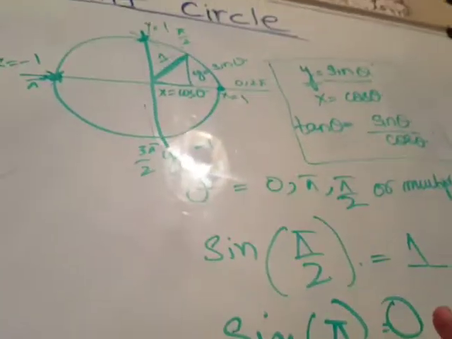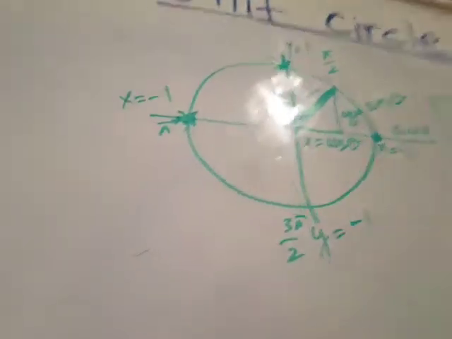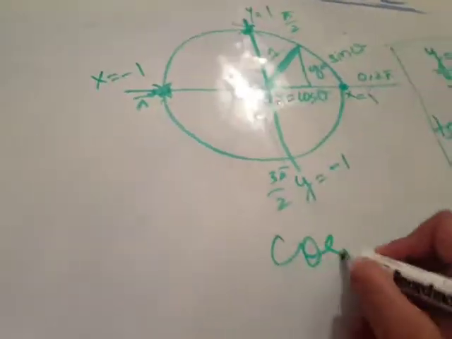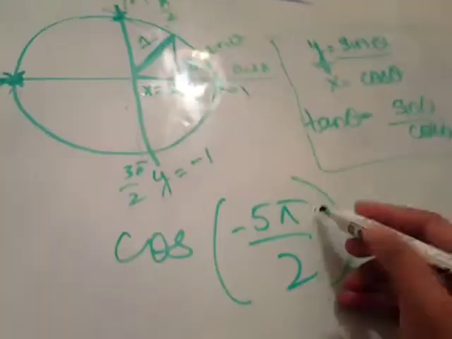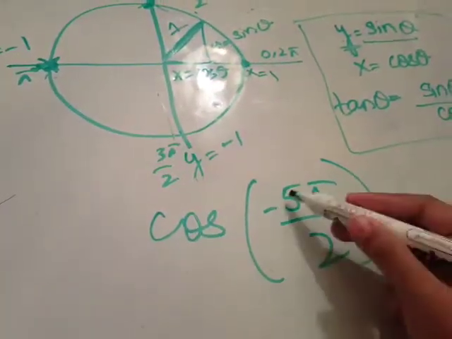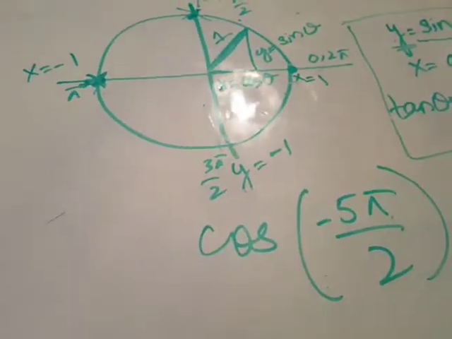Let's do one more example. Let's say they ask you to calculate the value of cos of -5 pi over 2. Since you can say it's a multiple of pi over 2, so it's a very easy question. If it's -pi over 2, so what is